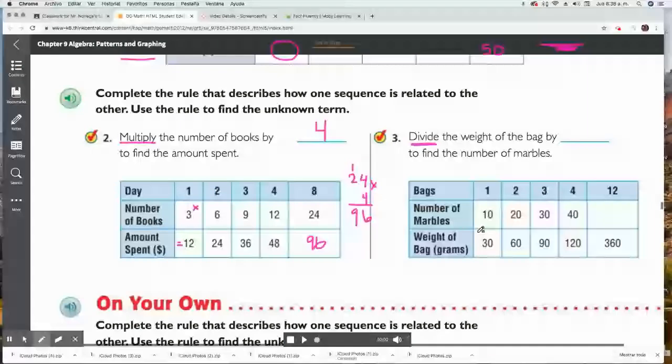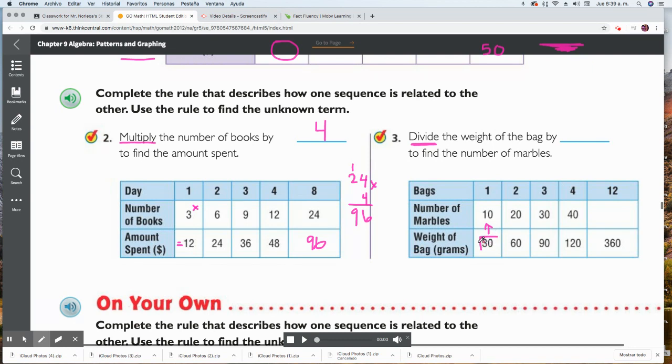In this case, we're going to start by using the bottom line. 30 divided by what number equals 10? Or what number times 10 equals 30? Because division and multiplication are inverse operations,